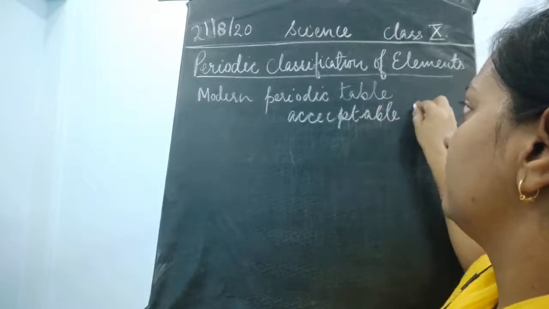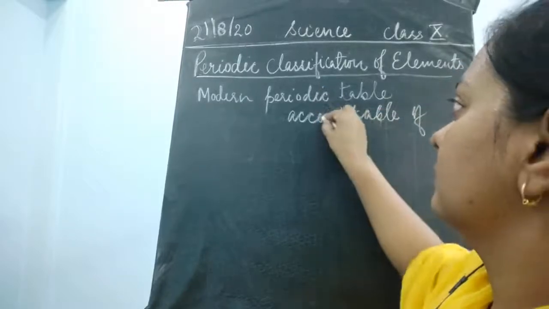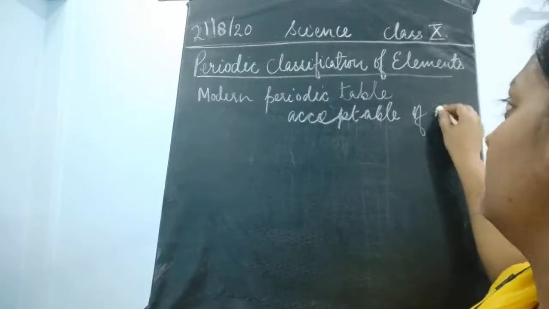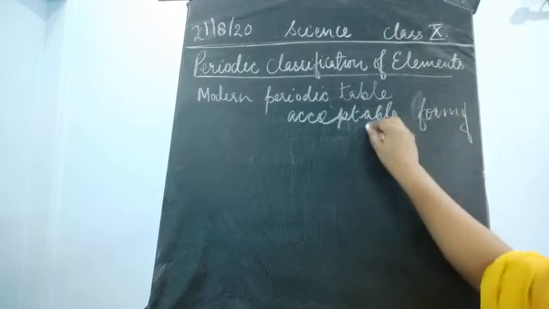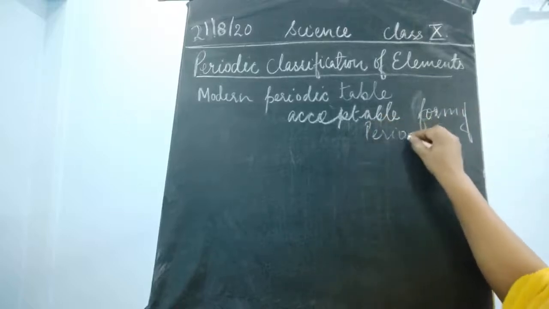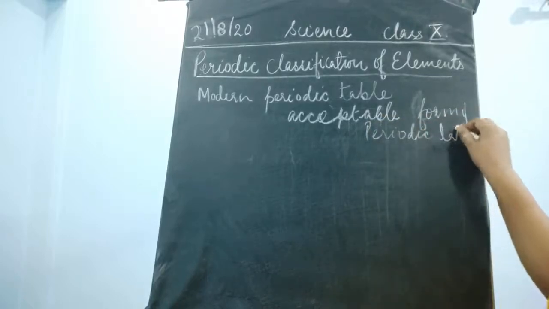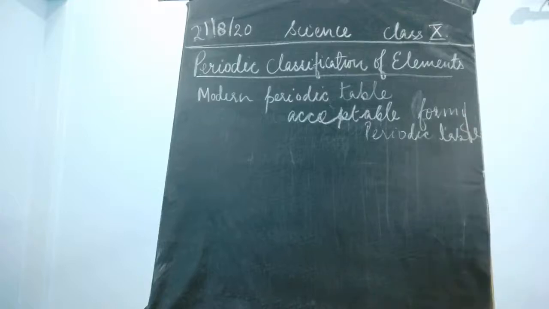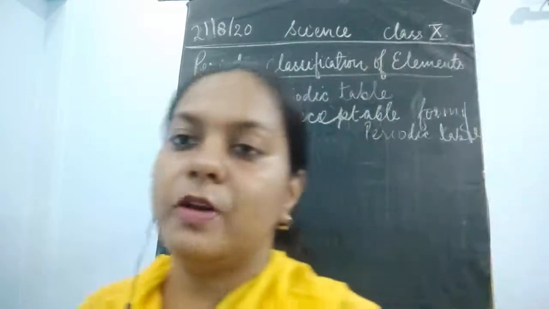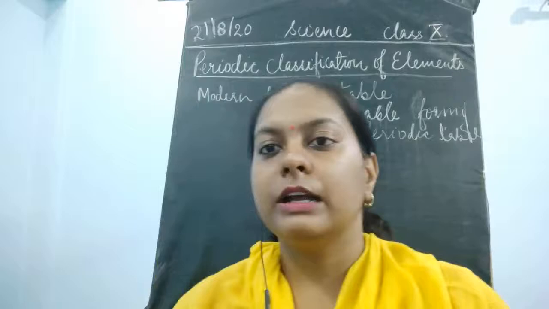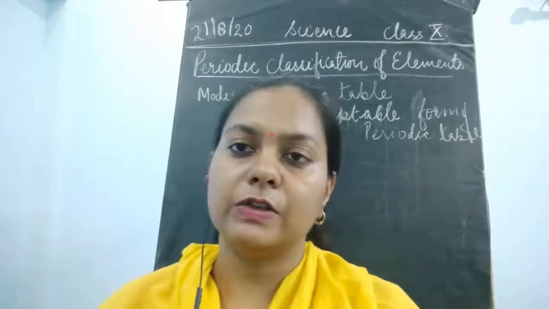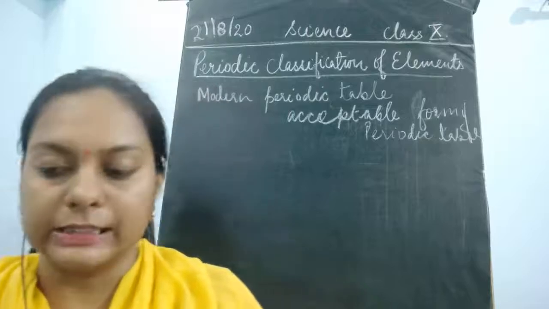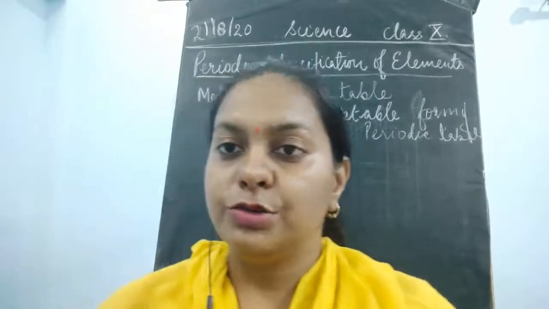Acceptable form of periodic table. Okay. Now, why was this the most acceptable form of the periodic table? The very first thing was that it was based upon atomic number. Okay, so we have discussed all the features of this periodic table, where it was being classified in two